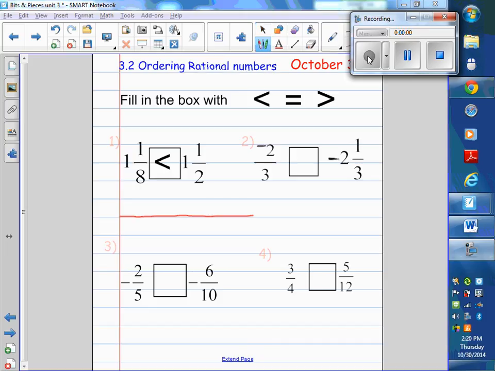is correct. And he says the reason is 1/2 is bigger than 1/8. What I really like is he first checked to see that the whole parts were both 1, so he didn't have to think about them. That's great. And then if this is 0, and say this is 1, and this is 2, when he says 1/2 is bigger than 1/8, you can think about